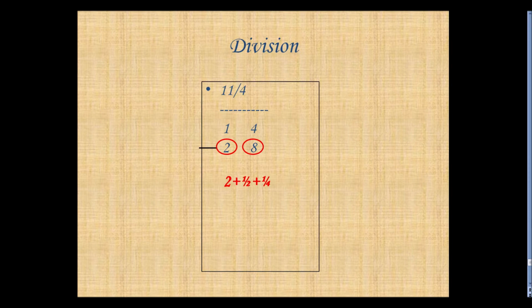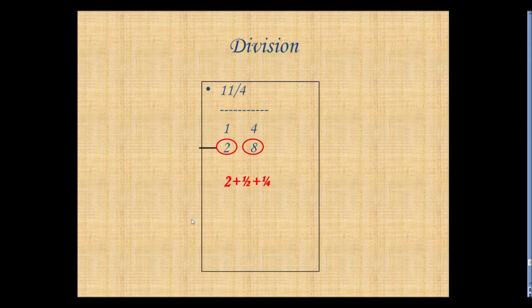Now, how do we know the remainder? Very simple, like what we do today. 11 minus 8 gives us the remainder. So the remainder is 3. So the ancient Egyptian will know that he has 2 and 3/4, but the ancient Egyptians did not write fractions